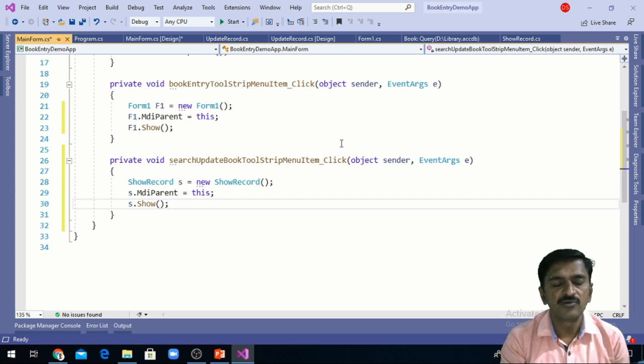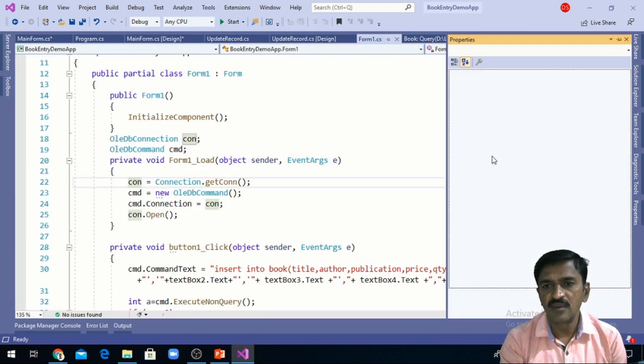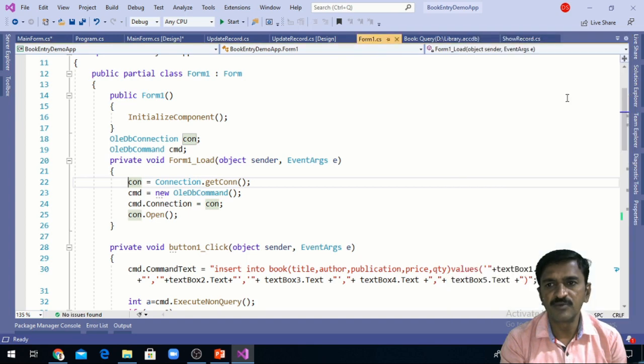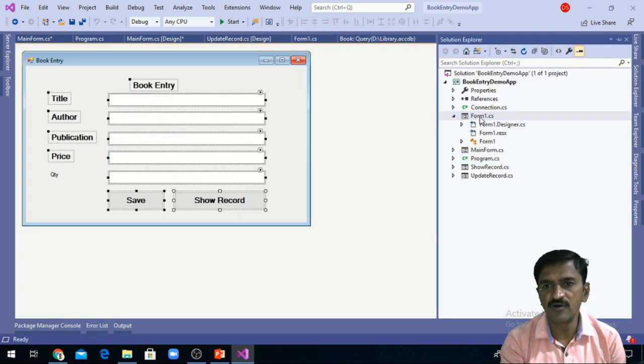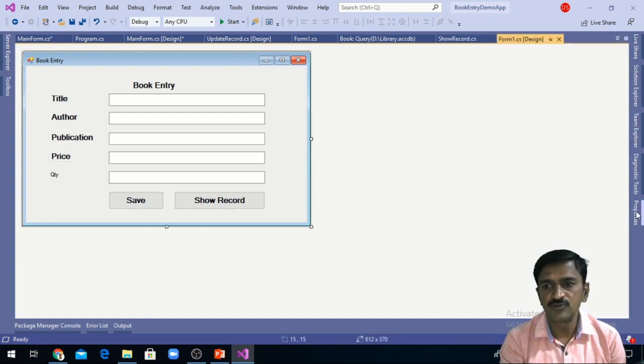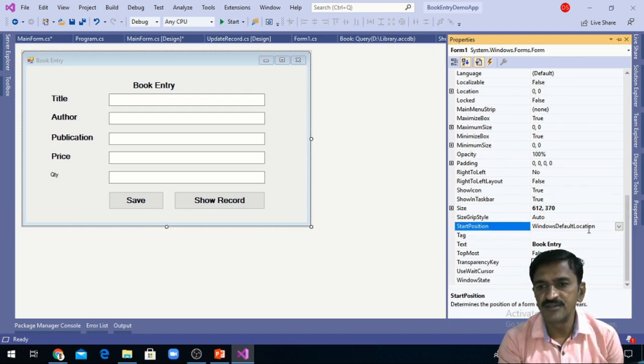Okay, so one thing I want to specify in the property. To this Form1 I am going to change the property value so that the form should be opened at the center of the screen. I am choosing here CenterParent.